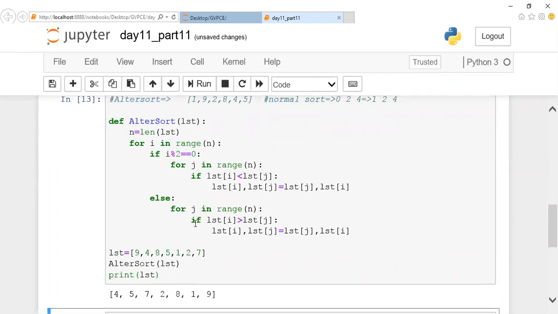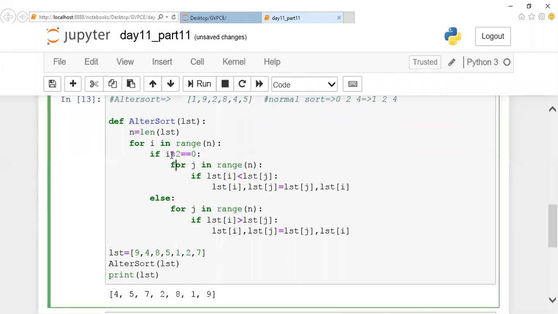What happens here? Yeah, i value. 5, 4. Why is it so? Just a minute. So without arranging, it is checking.